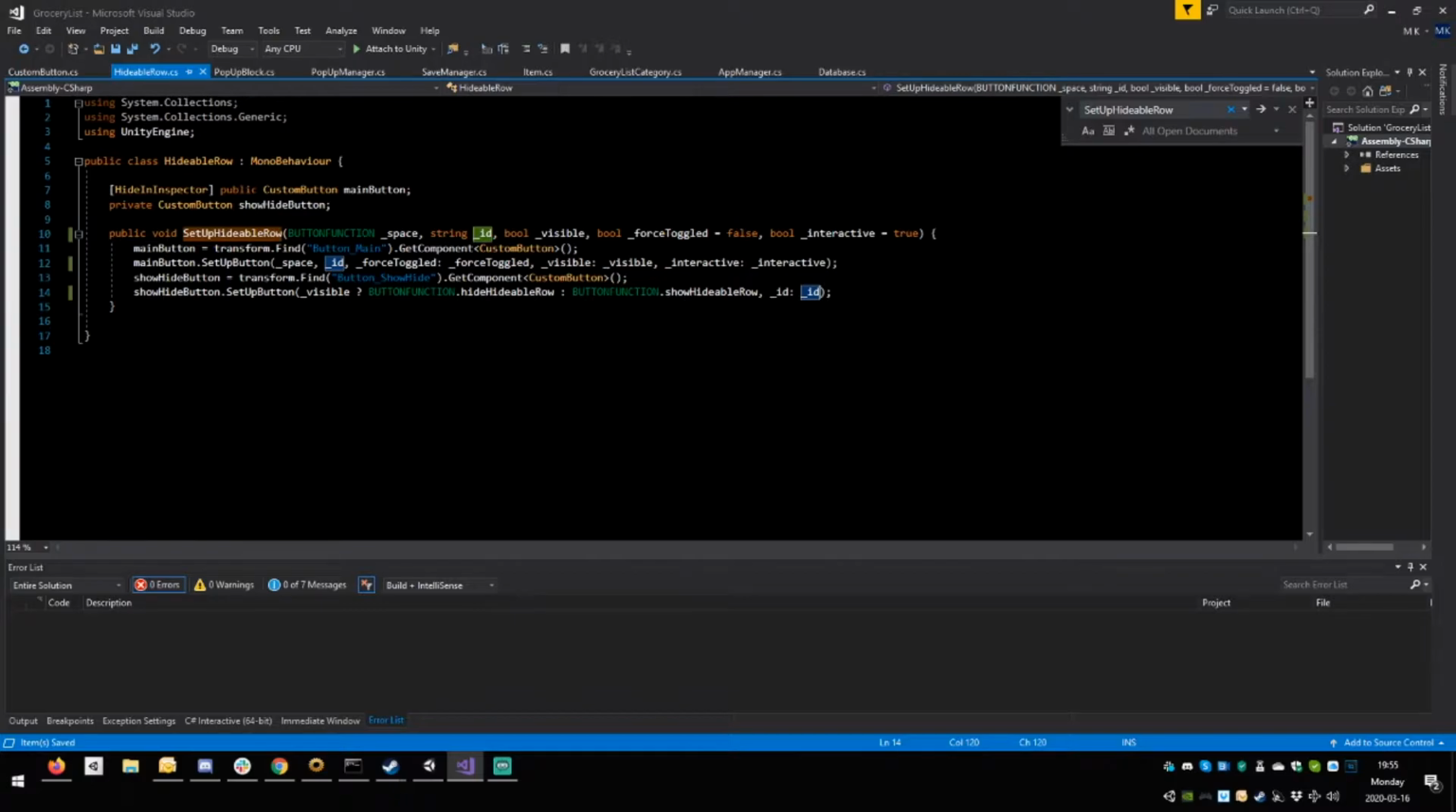Now, the button function is hide hideable row or show hideable row, but we do not know if we're in the category level or not. That's annoying. We've got a few options. We could decide whether it's category or item and just receive that information from the base, and I think that would make sense, frankly. These are the only hideable rows, so